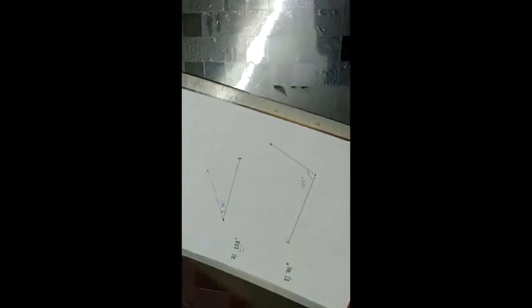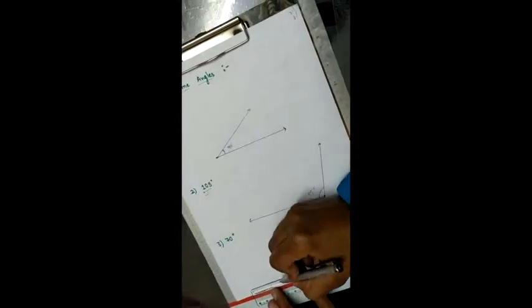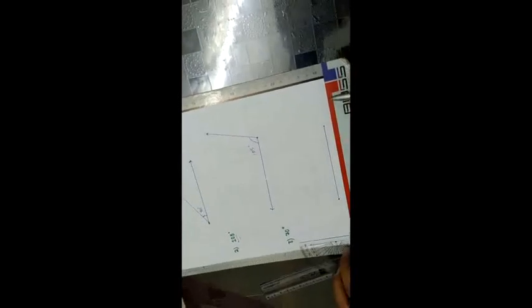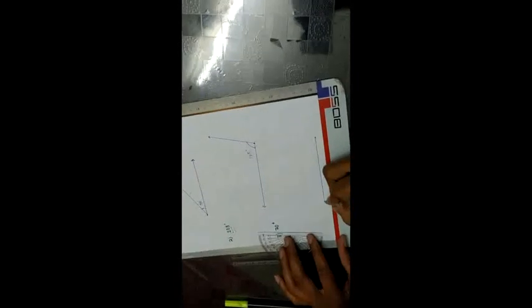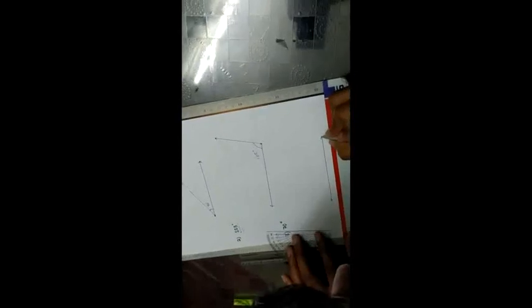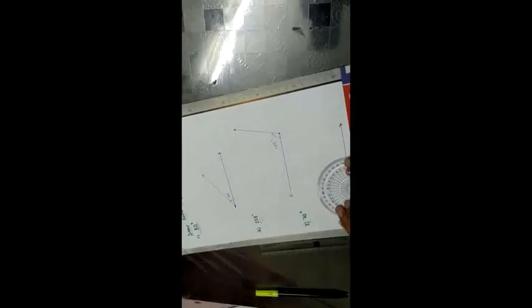Now we will draw one more angle. First we draw the bottom line. Now you can choose this point or this point as vertex as you want. Okay, now this time I will choose this point as the vertex point and the ray will go to right side. Match the vertex point.